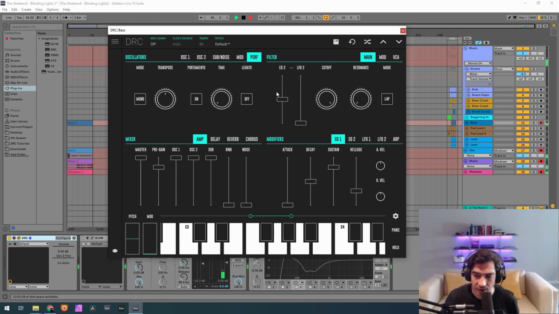And let's go to the filter. On the filter part, we have the envelope generator 2 amount. This is the amount of this second envelope generator modulating in time the cutoff frequency. So we're going to bring that to 833. And raise the resonance. 833, yes, but it's the envelope generator 2 amount. But the cutoff, we drop it to 260. Resonance 328.